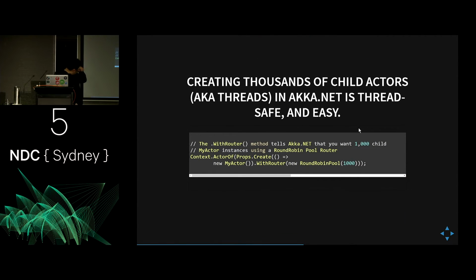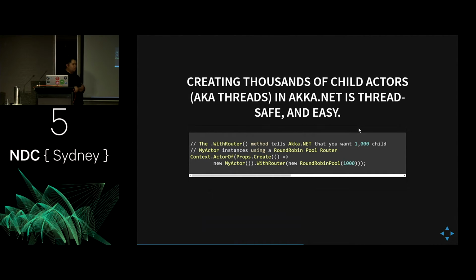So the first thing we can do when we start talking about how to scale up with the single machine is that there's these special kinds of actors called routers and router pools. Now, with a round-robin pool, what that means is that it is a specific type of actor that spawns thousands and thousands of other child actors of this type, depending on the load.